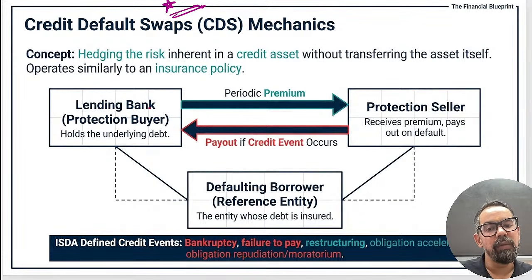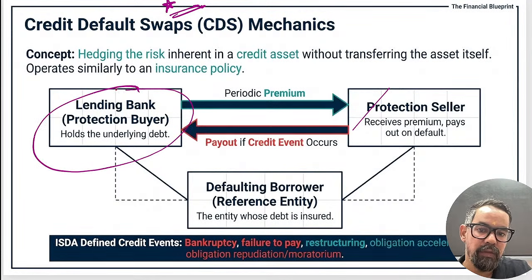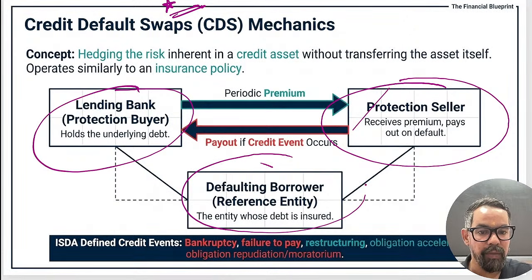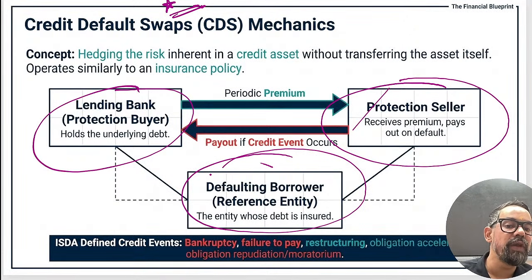So this is something which is kind of a most emerging product, and even during the global financial crisis, this was one reason, and during 2004 to 2007 it expanded very rapidly, right? So we have three parties. One is the protection buyer, which is a bank. Another one is the protection seller, which is another bank or some insurance company acting like an insurance. And we have the reference entity.